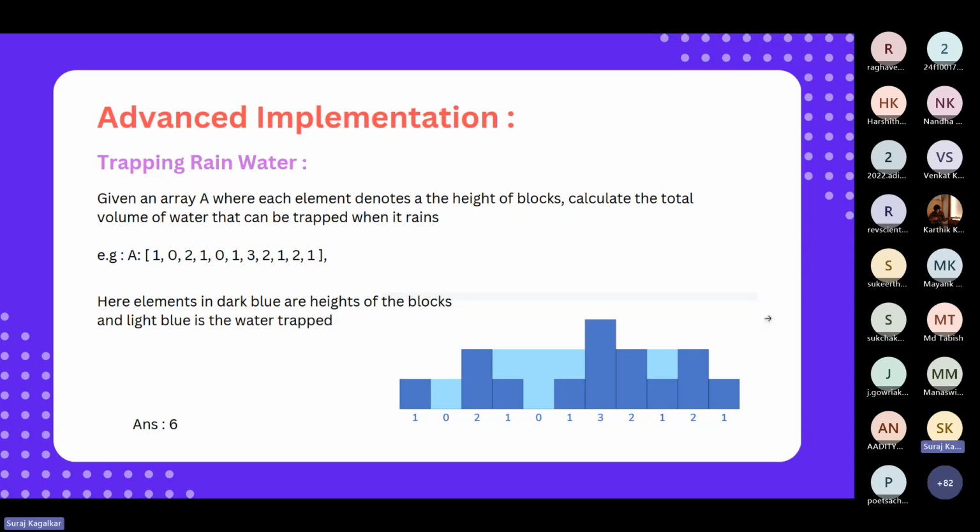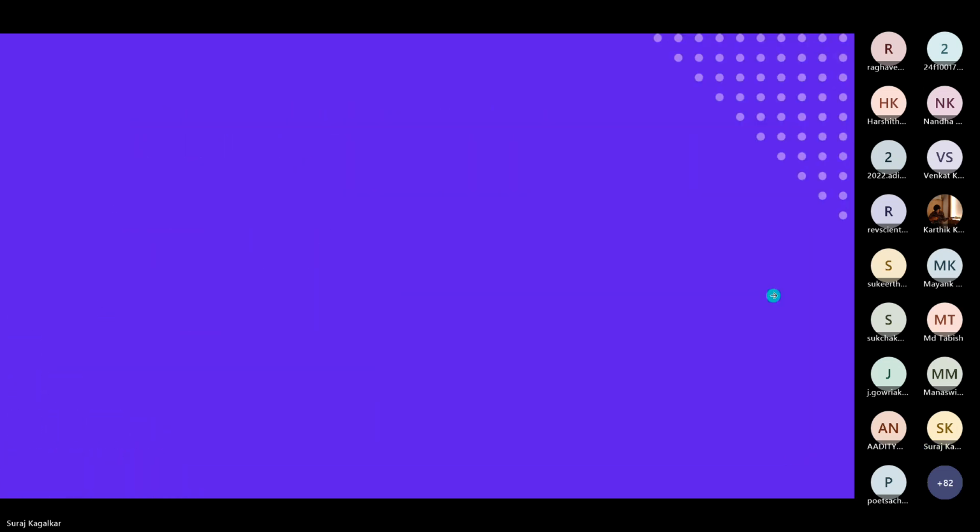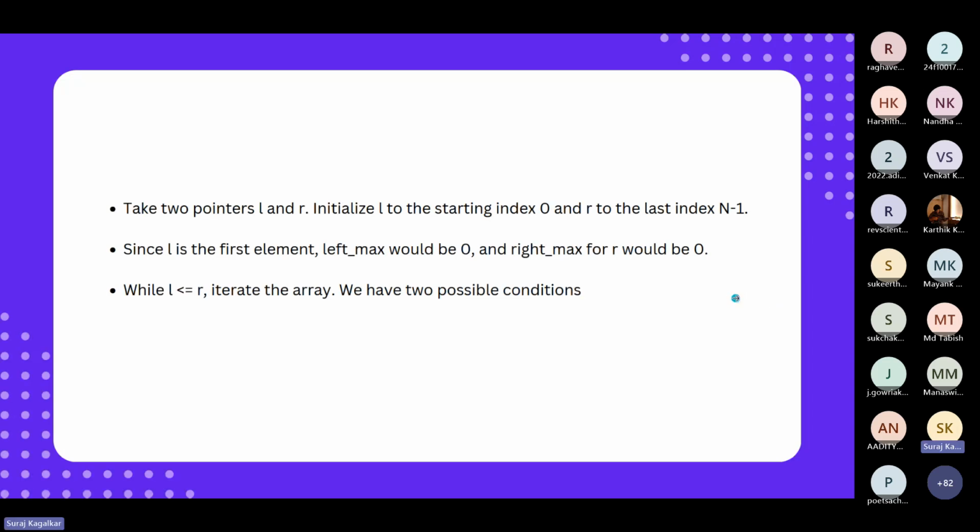Okay, let's just look at what we can do. We take 2 pointers L and R and initialize it to start